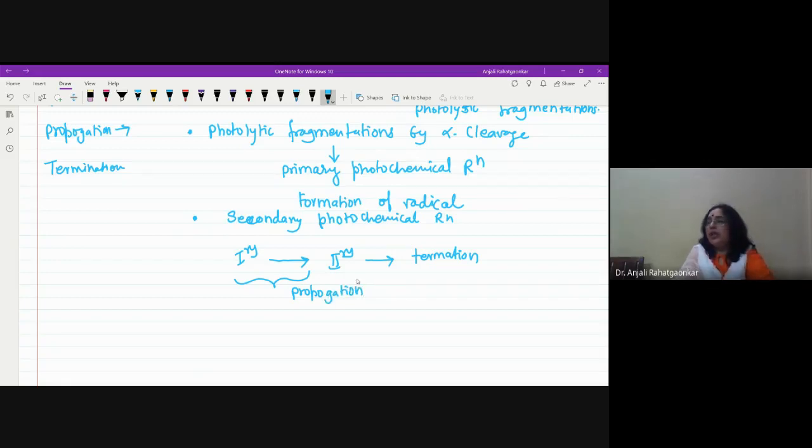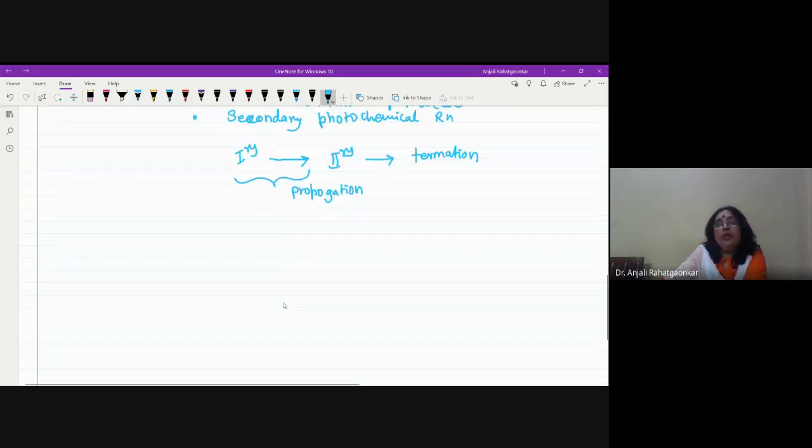Now, in detail, if the reaction is carried out in a gas phase at 100 degrees Celsius, this primary photochemical process is followed by a secondary process. Now we have different ways in which the reactions are terminated. Let us see one by one how it is terminated. If we have a primary photochemical reaction over here,